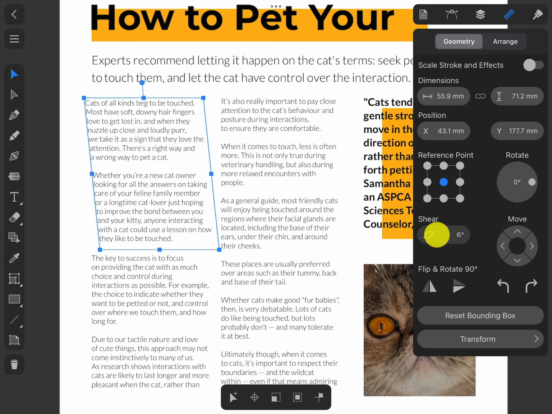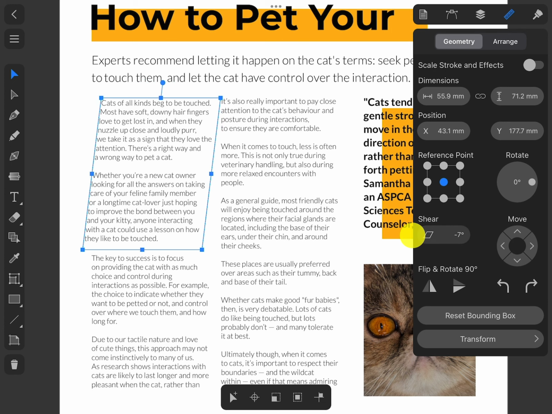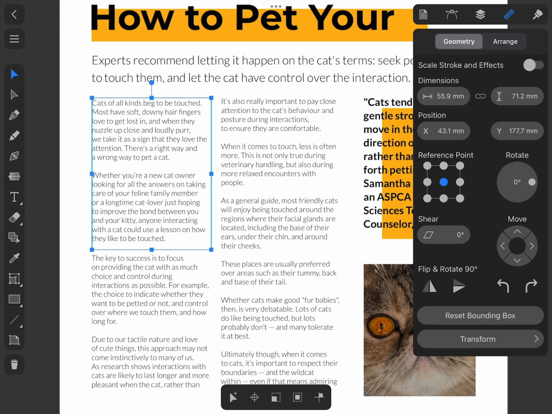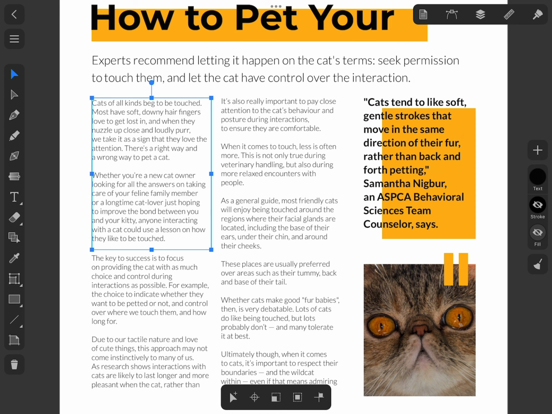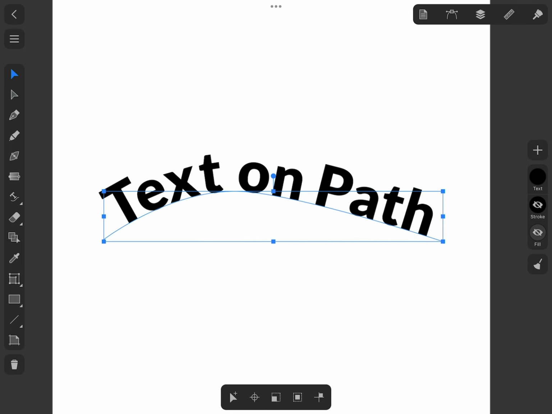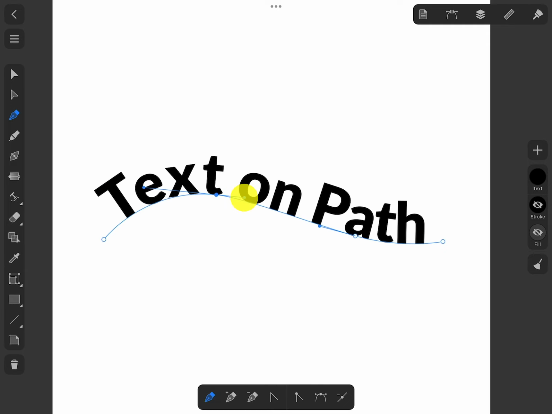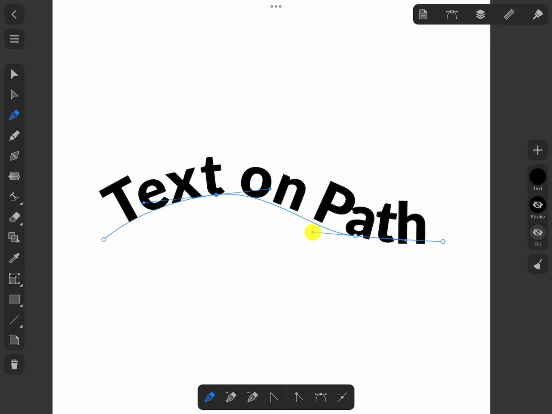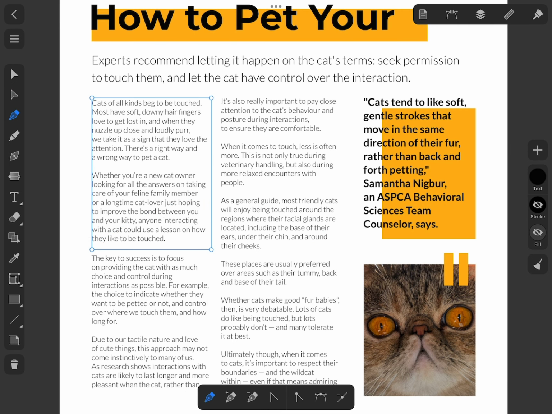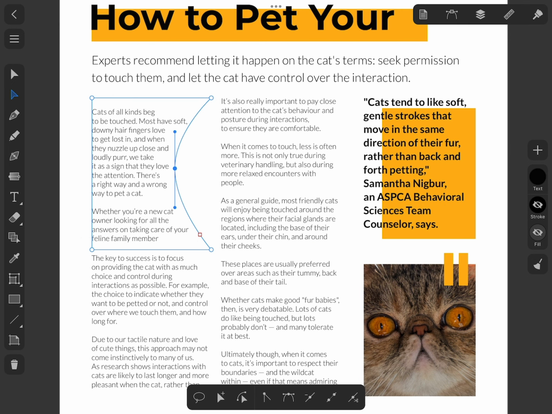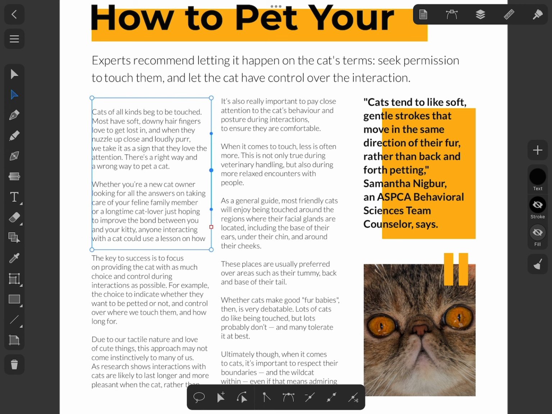The shear tools can turn a rectangular text frame into a trapezium, like this. Since the shape or path that contains text retains some of their properties as vector objects, you can modify them with vector editing tools. For example, a text on path reveals its anchor points when you activate the Selection tool. You can move, add, or delete its points or change the curvature of the path as if it was an ordinary path. The same tools work with the frame of a text box. You can easily add a new point with the Pen tool and then move it with the Selection tool to have 5 corners instead of 4.